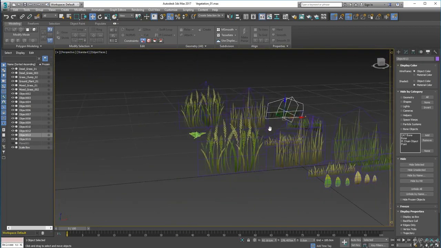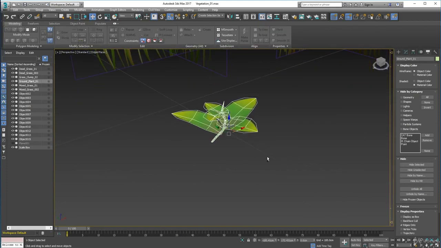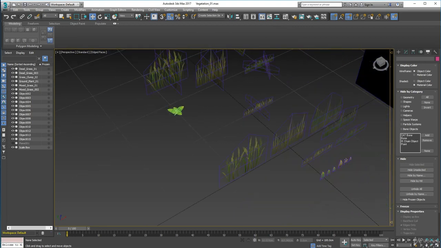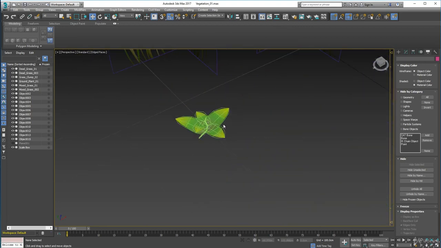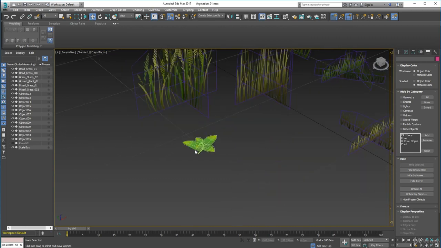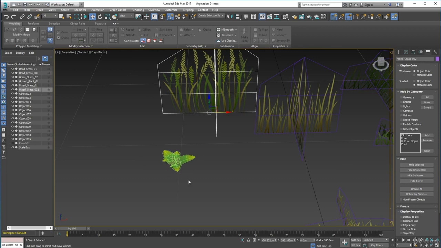Yeah, so that's my grasses, and I've created this little plant here, this ground plant. You can create lots of different ones of these. You can create a dead one, a nice green one, and it looks really bright up against the grass right now, but once we get into Unity, we can change the colors, change the tones and the values, and it will blend in really nicely. So don't worry about the color of it too much